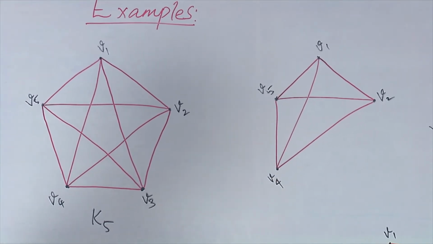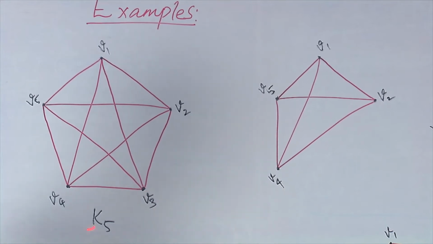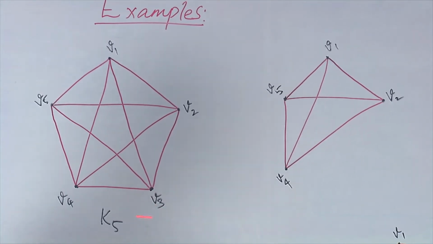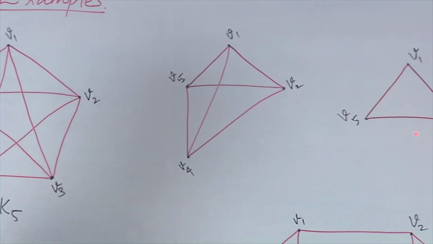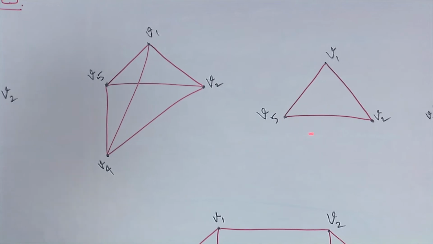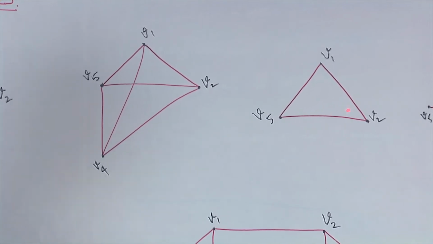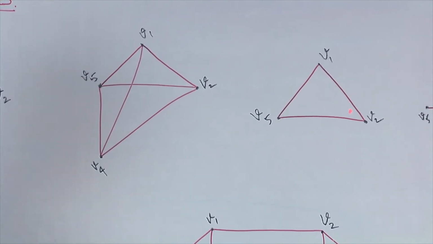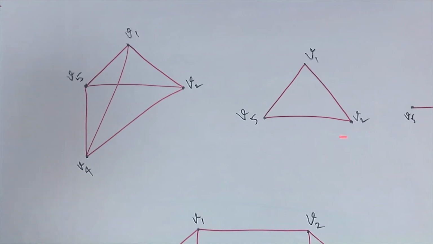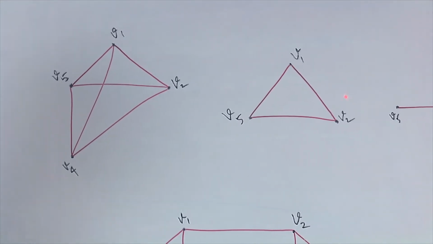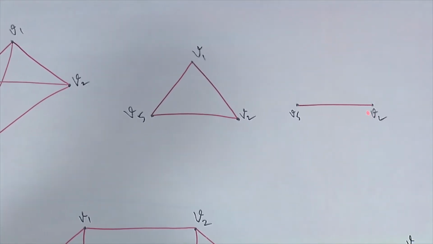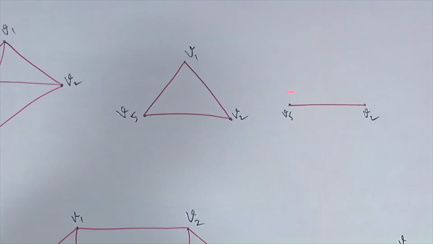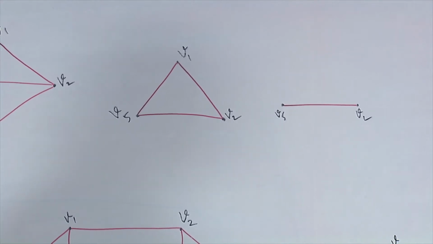So now I am going to remove the vertices v3 as well as the vertex v4. That is, I am going to remove two vertices. That results in this graph, which is again K3 or C3. This is also connected. So removal of two vertices also does not meet my requirement. I am going to go further. I removed vertex v1 also. That results in K2, still connected. So I have to remove one more vertex, v5. That results in a trivial graph, v2.